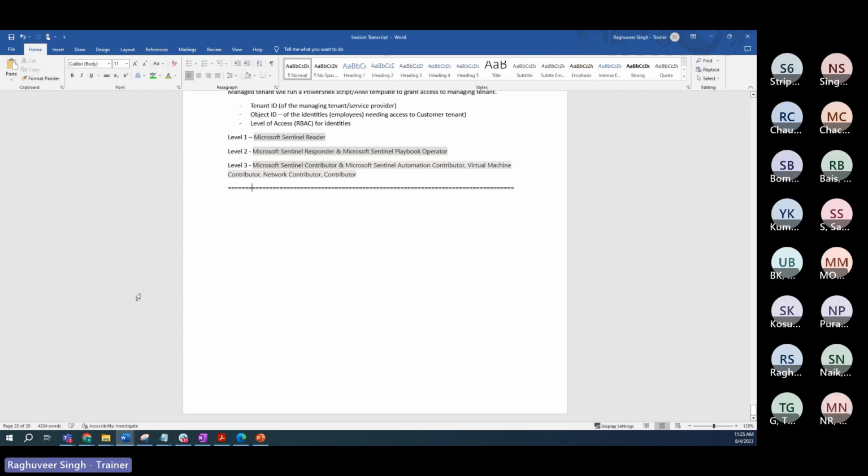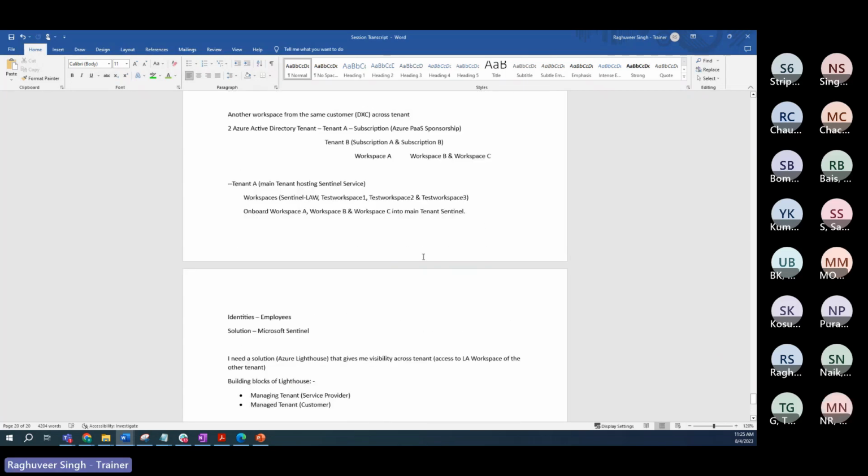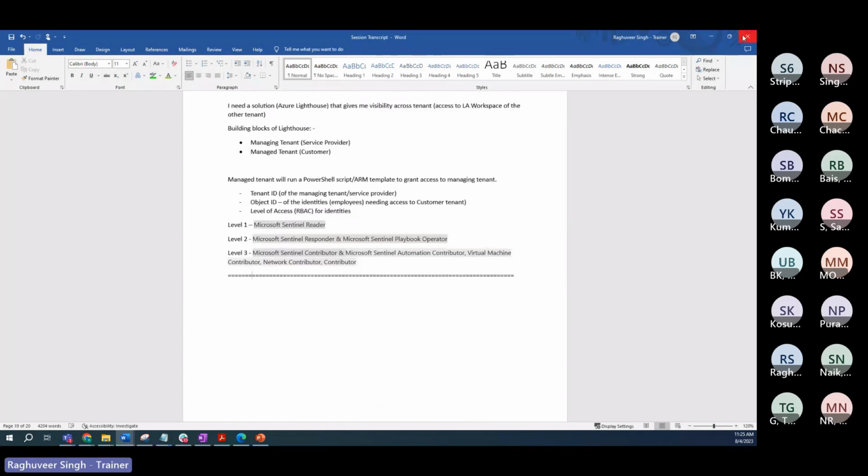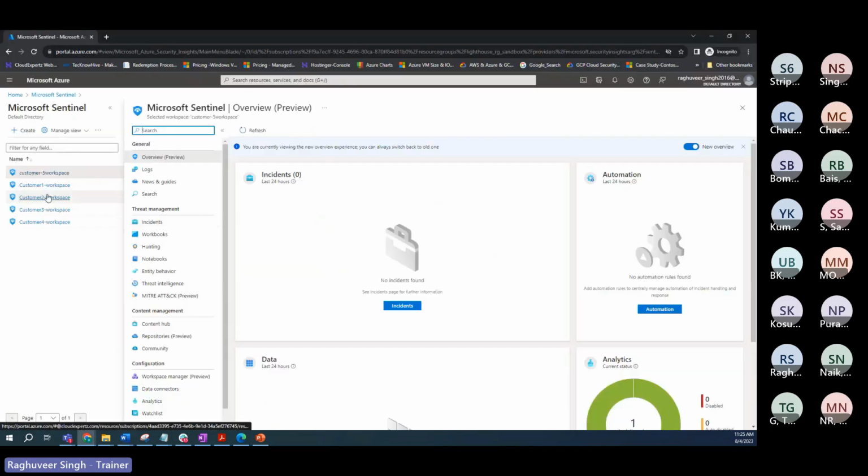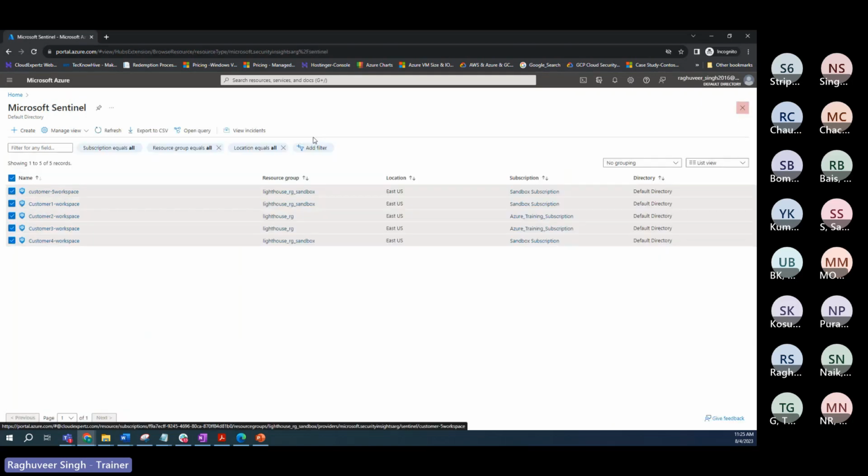So this concludes the Lighthouse part. This is all we do. This is how we manage the tenants. And as I said, all you need to do is just make modifications to your query in your primary tenant, primary Sentinel console, to accommodate the workspaces of the same tenant or across the tenant, and accordingly you will see the results. And when you act as an incident responder, then in your tenant, in service provider tenant, you can